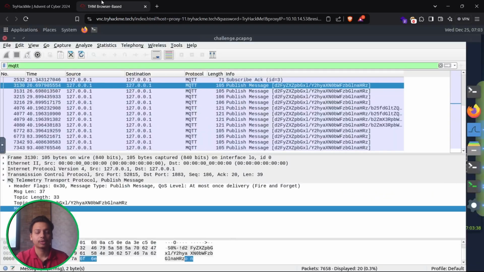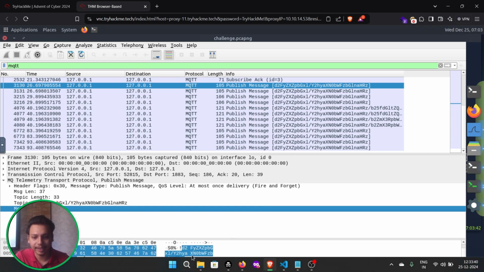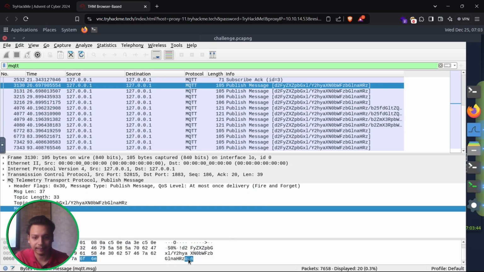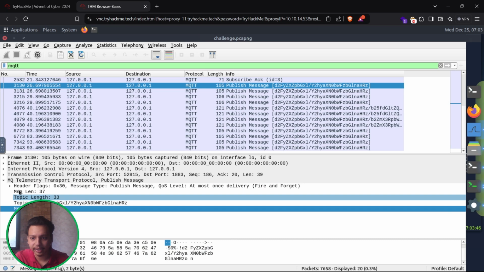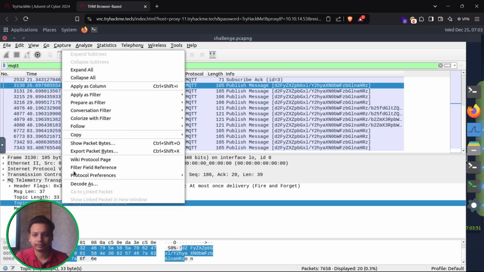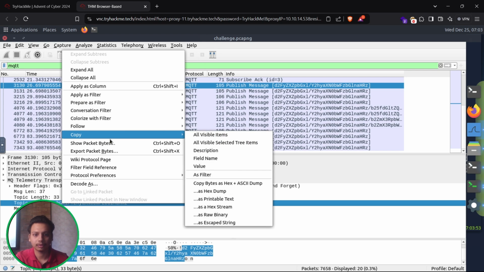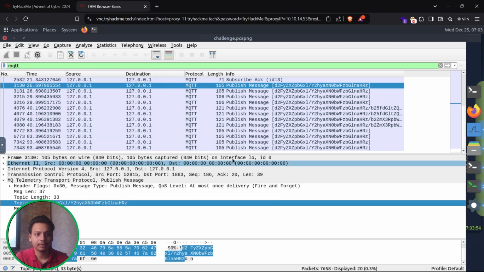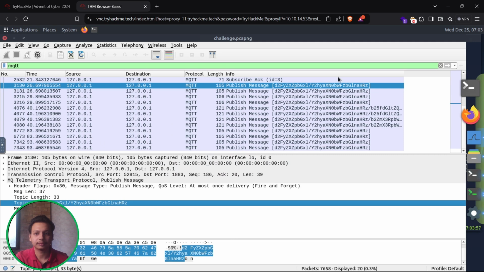Once you figure it out, ensure we are running the challenge.sh and use mosquitto_pub to publish a message to turn on the lights. So our main goal is to turn on the lights, and we have seen a message that is about the turn on. You can see turn on, and it says this is the topic. So let me just copy the value and paste it over here somewhere.